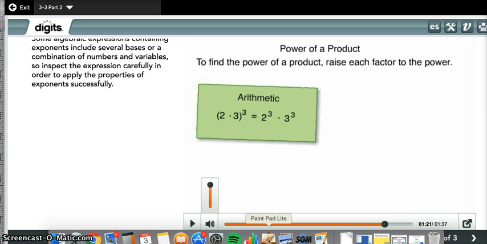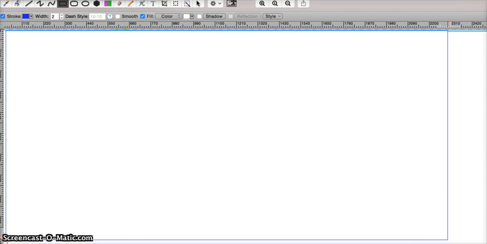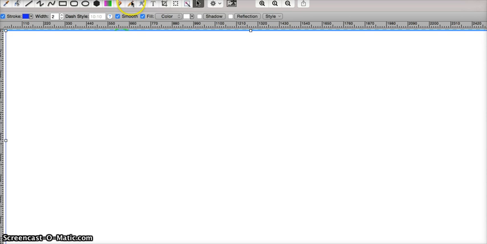All right, so the way I like to show this, let me pull this up here. The way I like to show this is simply through distributive property. So you've heard of distributive property probably when you were in 6th grade. So if I have x times y, actually x to the third times y to the second,